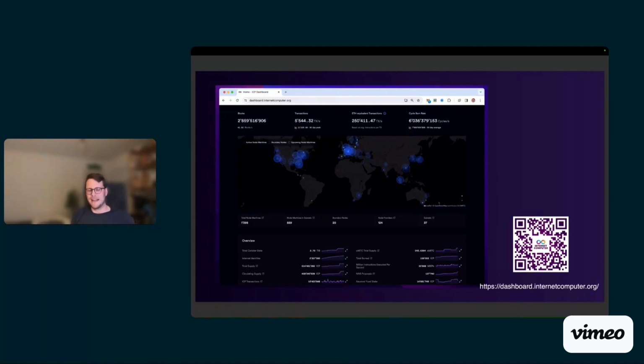we want to have it as globally replicated as possible, to have as much decentralization as possible. But there are use cases where it's very important that data stays in a certain legislation. And for that, there's also the possibility to create subnets where you have different parties running those node machines in different data centers, but still have it in a single overarching legislation,